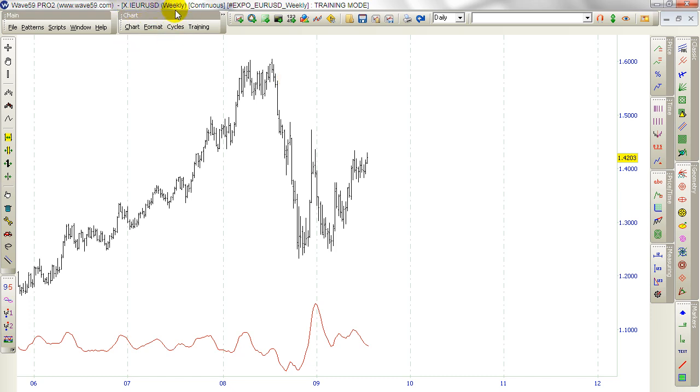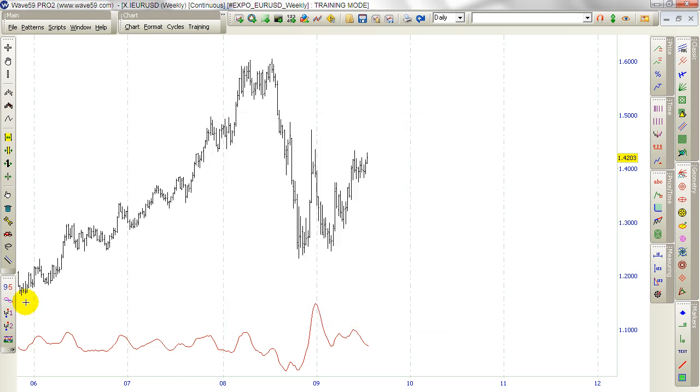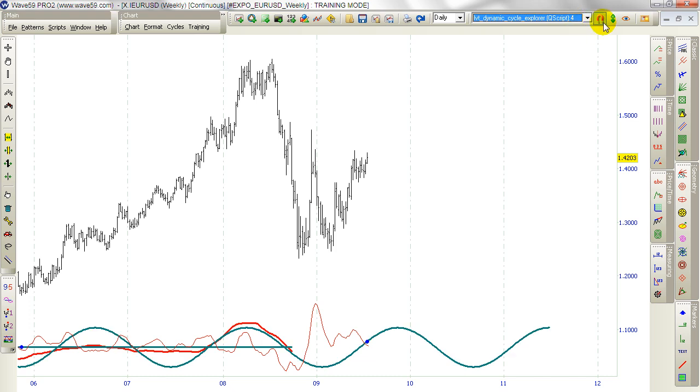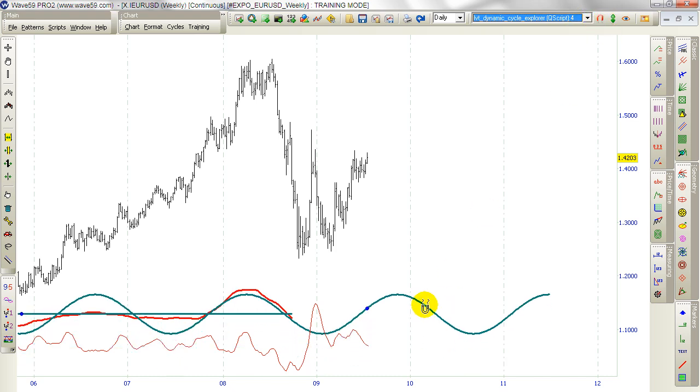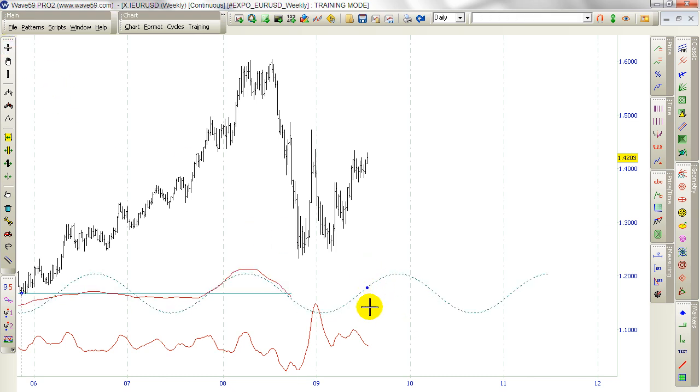So we start with the long-term cycles if we go into Cycles within Cycles approach. So I will attach the dynamic cycle explorer with the standard settings to the chart, so that we are able to follow the carrier wave, the dominant carrier wave, which shows up here. So this is the long-term dominant cycle with the blue dot. We are now in the beginning of August